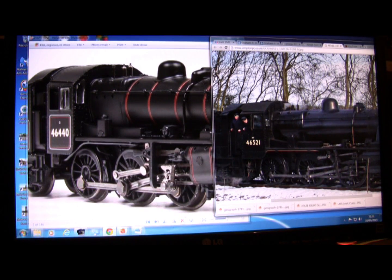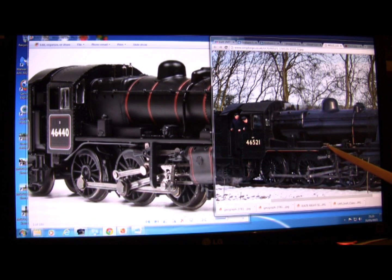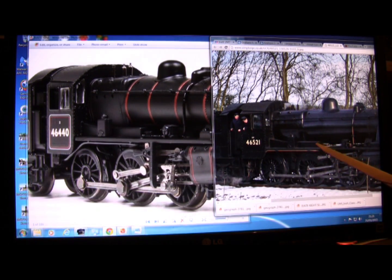So moving a bit further back, again we see the lubricator, the steam pipe coming down the main frames. That's correct. There's a little detail there that could be another lubricator. That's on the model. We've got this fairing